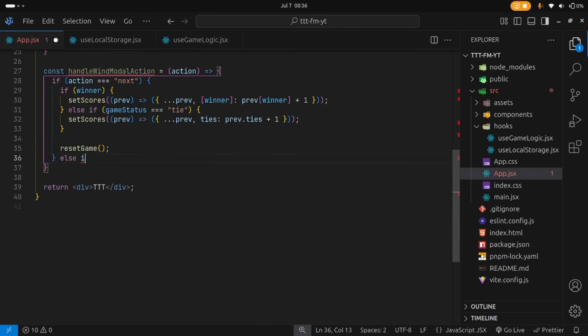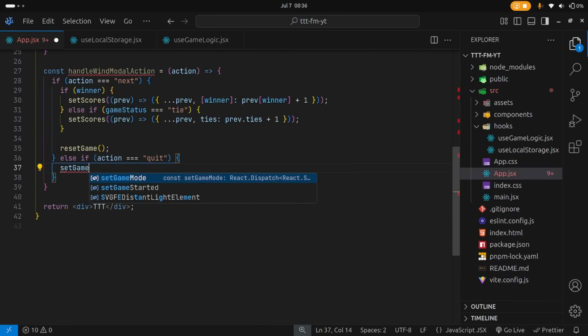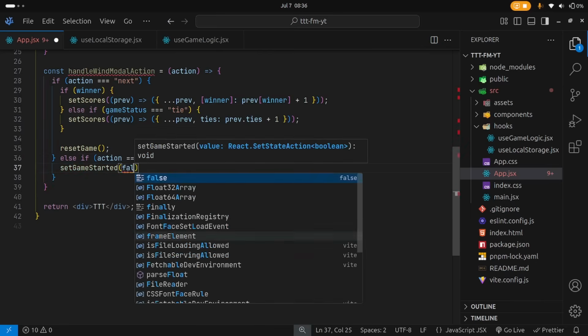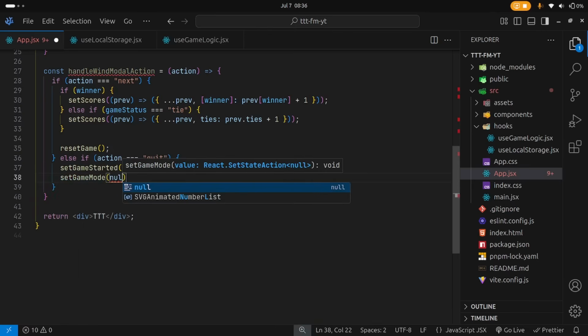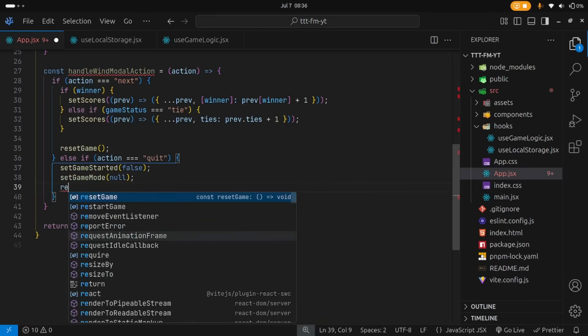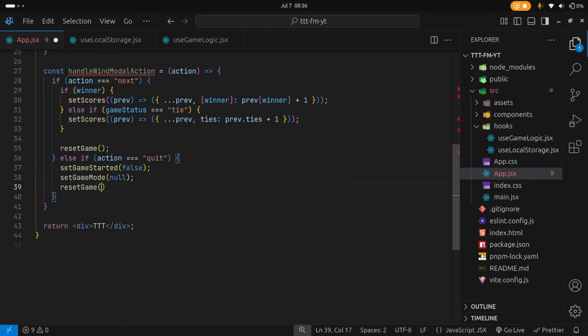And then still within this if, we now have an else if here. So else if the action is equal to quit. So if you have quit the game, then we're going to say setGameStarted into false, so turn it back to false. setGameMode into now, which is its default value, and then we're going to call resetGame once again. Now outside of this, we're going to have a function here called handleRestart,